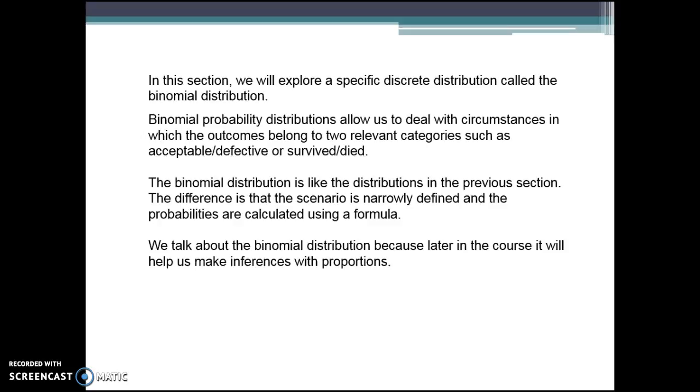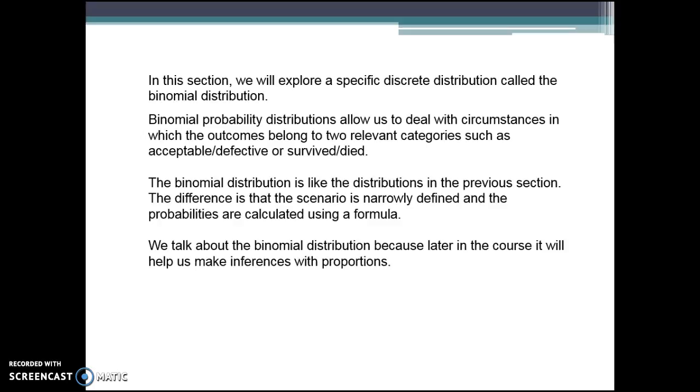All right, and we talk about this distribution because later on in the course we need it in order to make inferences about proportions. So that's why we're doing this. So let me give you an example of a process that's binomial. And by the way, binomial, if you pick apart that word, stands for two names. Okay, two names. So the binomial distribution deals with scenarios where we have